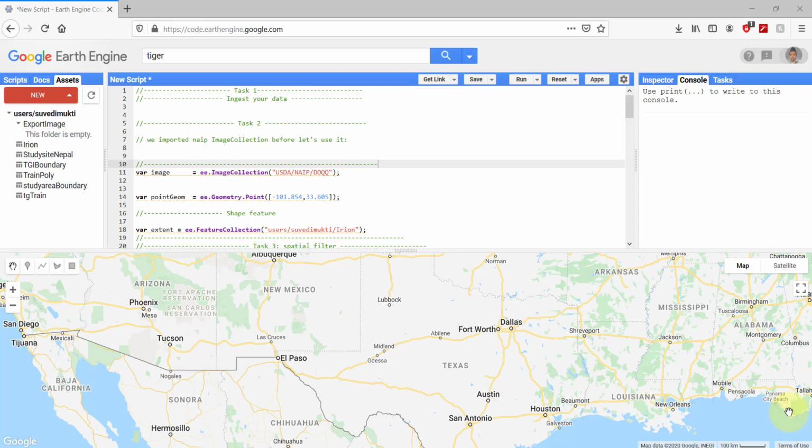Welcome back. This is the second part. In the first part, we learned using TIGER/Line data and filter the geometry within the extent of Lubbock County. But what if we wanted to use our own user-defined study area? Fortunately, that is possible. We can ingest our data in terms of image, zip file, and Excel CSV file, and